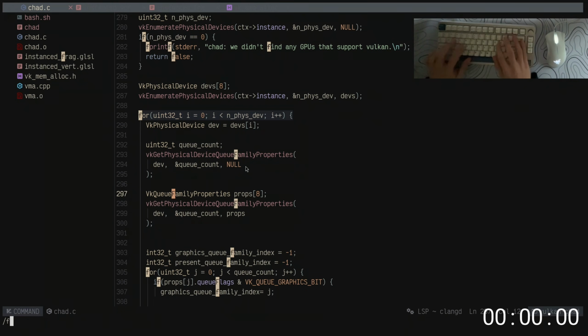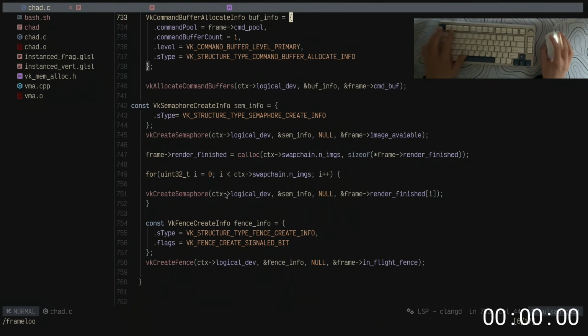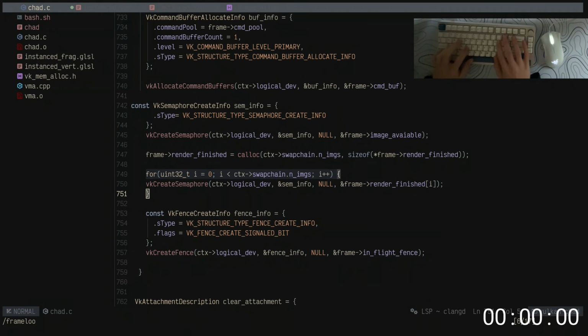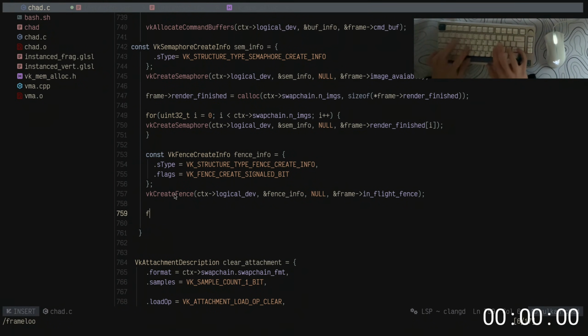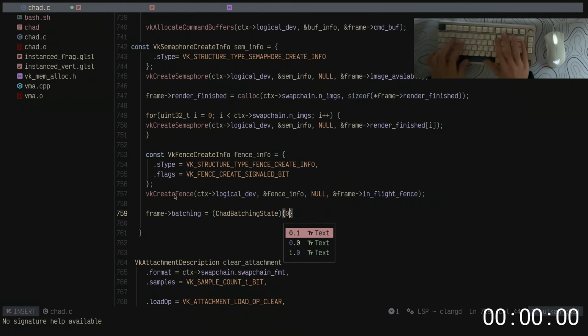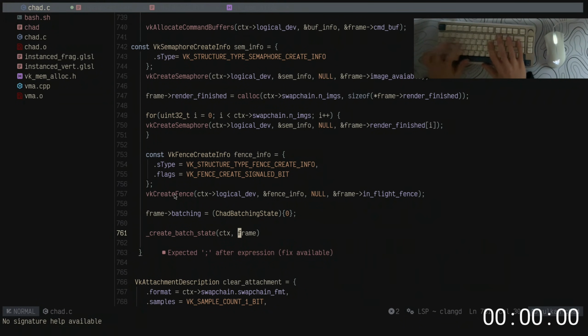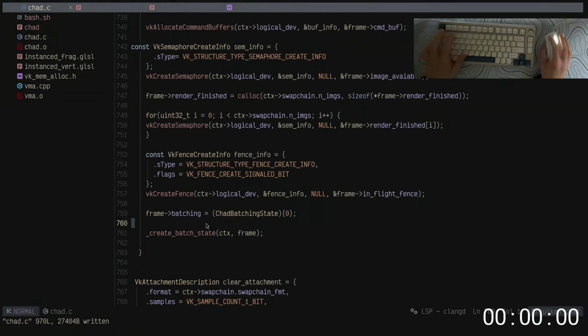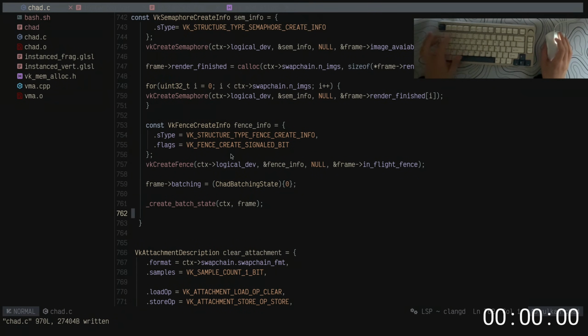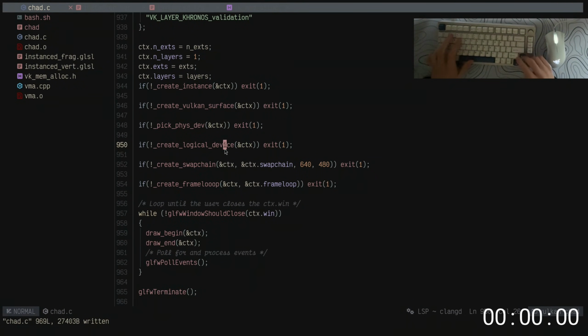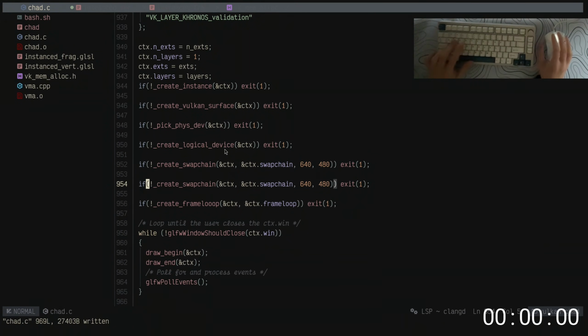So we want to do that per frame in the frame loop, the setup. So basically after that, we basically want to say frame.batching is equal to chat batching state 0, and then we just say create batch state context frame, and yeah, that's basically that. But then we definitely need to, after the swap chain, create the pipeline,